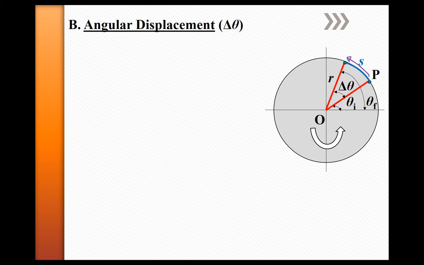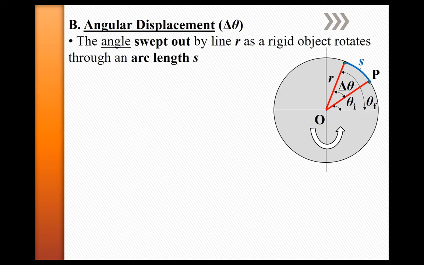The other thing we're going to identify, let me just erase this here, is what distance point P covered when it went from this point to this one right here. We're going to use the variable S to represent that. This variable S is what we refer to as the arc length. An arc length is a curved distance that you cover. So if I want to calculate the angle swept out by line R as it rotates through an arc length of S,